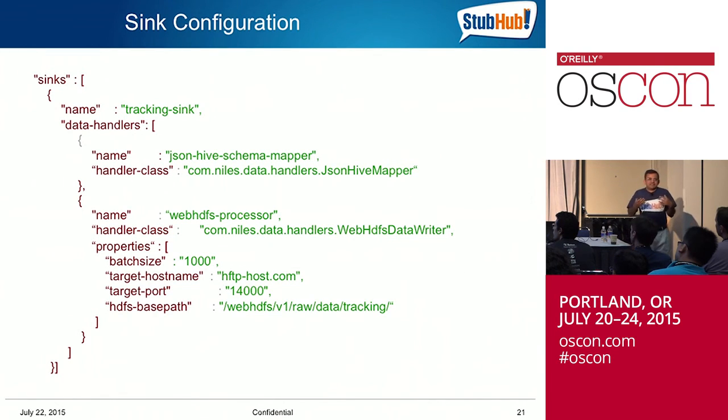What it means is that this first handler is reading from the channel that the last handler in the source chain has written, and the first handler is trying to map it. I'm receiving what could be an Avro schema or just pure text JSON. Now I need to map the elements that are coming in, because there's no order guarantee when you bring it in from the JSON schema to my Hive schema, and write into that map layer. That's what this does. Then the second one comes in, takes these bytes, puts them in a buffer, and writes into HDFS through the web HDFS interface.